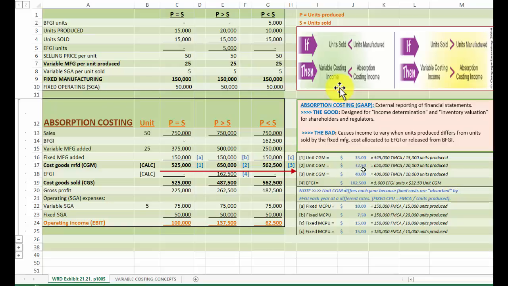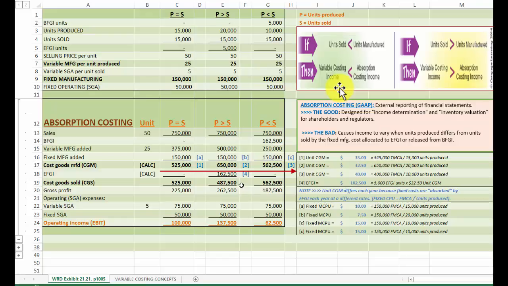That gives us a manufacturing cost per unit of $32.50. Get your calculators out and take $32.50 times the 5,000 units in ending inventory, and that should give you $162,500 as the ending finished goods. Ending finished goods subtracted from cost of goods manufactured produces the cost of goods sold of